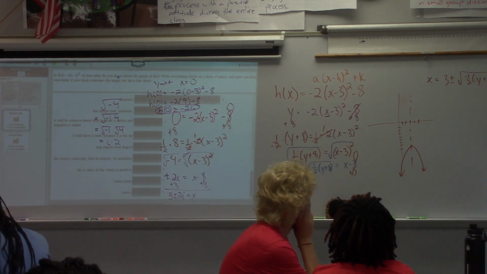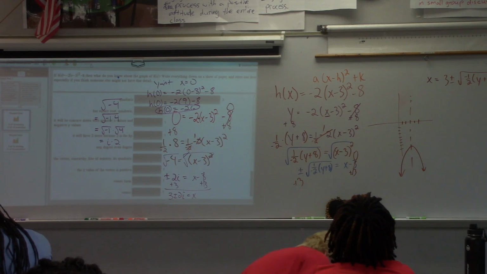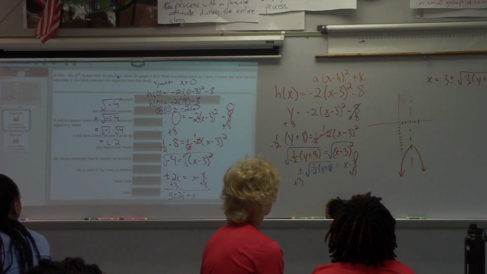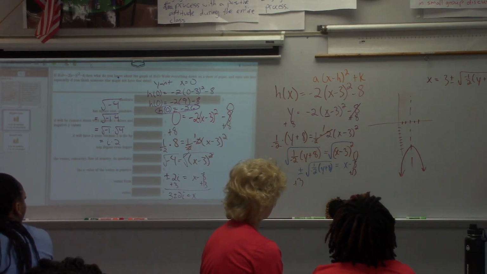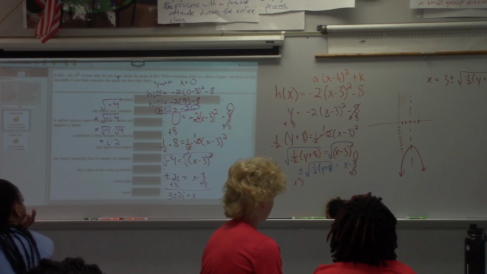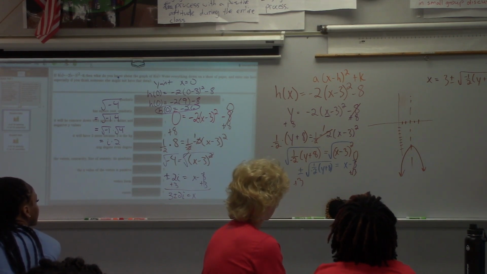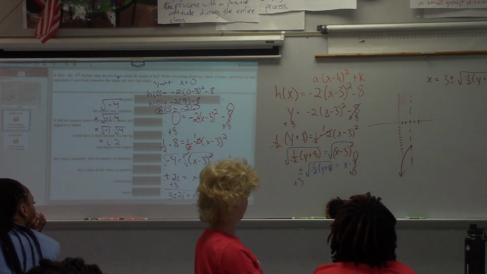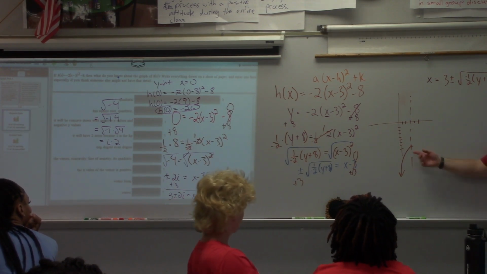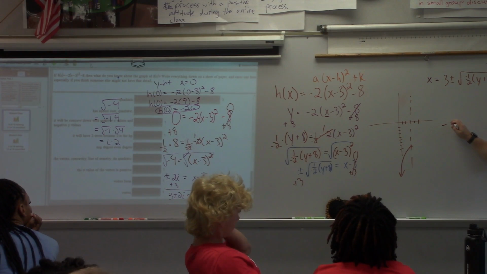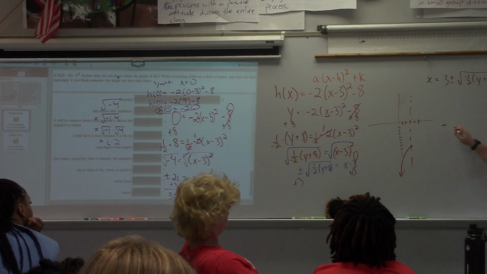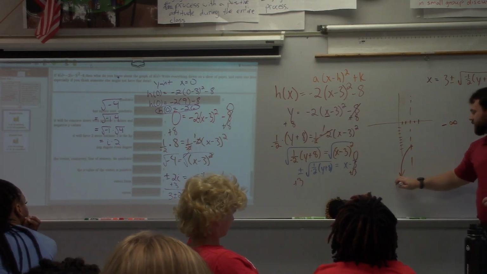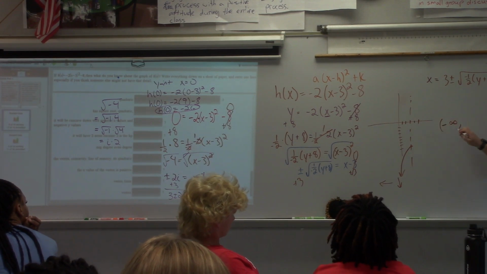What would I need to restrict my domain to be so that my inverse would be a function? You just need to restrict one side of it, though. So let's just say I erase this side. What would my domain now be? It's the left-hand side, so it would be going from negative infinity, right? It's going down and to the left, so the domain would be negative infinity to,